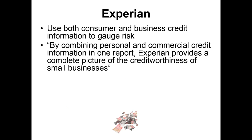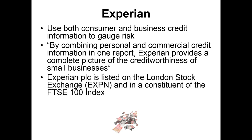But another reason they do this is because they've got some very interesting statistics, which we're going to dive into in a little bit, about how they can better evaluate risk by blending these two together versus just looking at business credit. And again, don't get me wrong, their main business credit score in the business credit scoring world doesn't really focus on this blended model. It is just a business evaluation. But it is one of the things they pride themselves on and promote, that they can and do have the